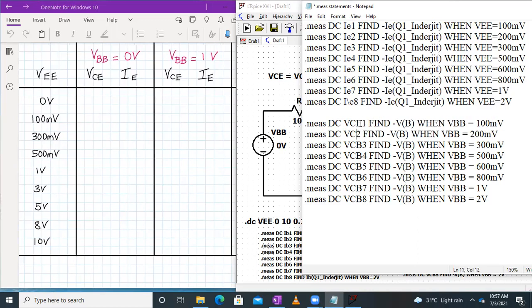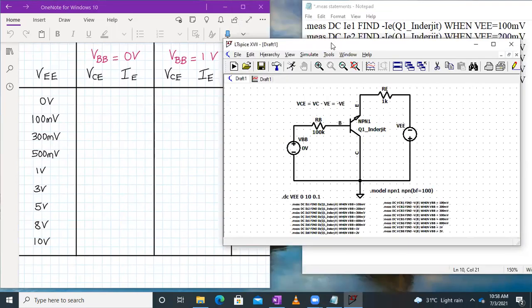So I have to replace E over here by B, and B over here by E, so that these are the values of VCE. And here I have to remove the minus sign from everywhere. Sorry, minus signs will be included, but your VCE value will be equal to minus of VE.